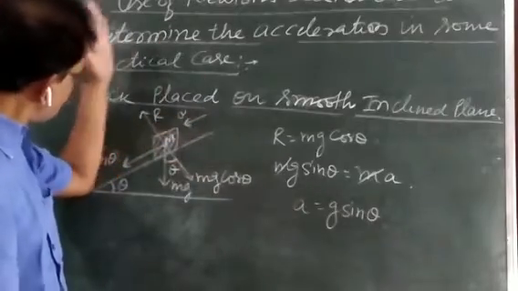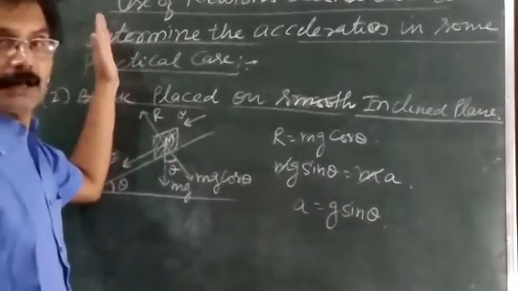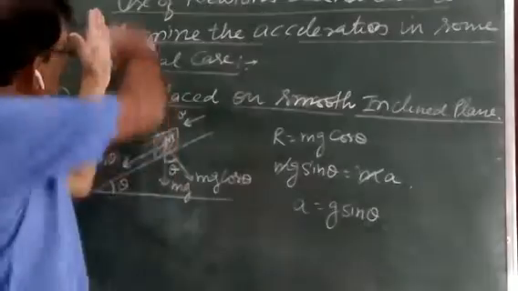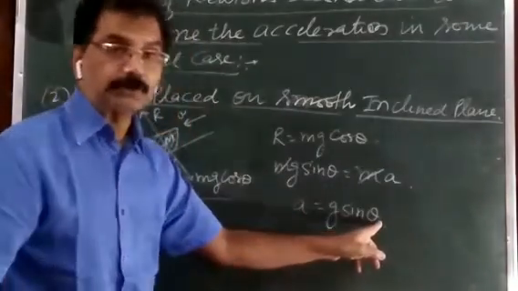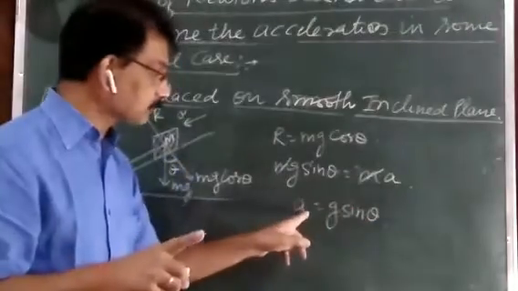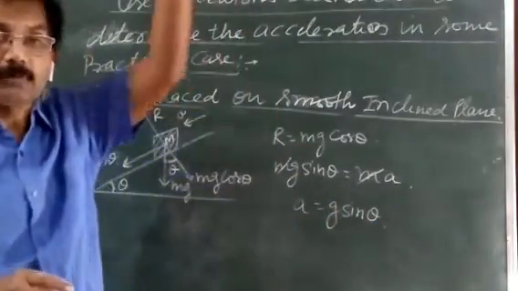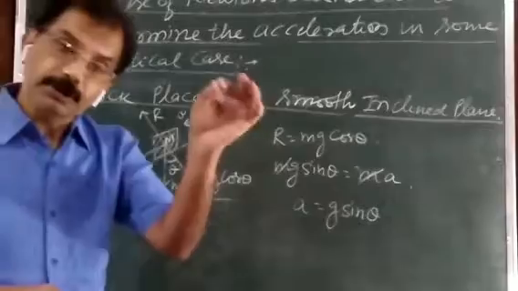अब देखिए अगर इसी ब्लॉक को एंगल ऑफ इंक्लिनेशन बढ़ाते जाए तो θ बढ़ता जाएगा, और जब इसको एकदम ऐसे कर दे तो θ कितना हो जाएगा, 90। तो उस समय किस एक्सीलरेशन से ब्लॉक गिरेगा, a is equal to g sin 90, और sin 90 is 1। इसका मतलब उस समय ब्लॉक ऊपर से एक्सीलरेशन ड्यू टू ग्रेविटी से गिरता है।